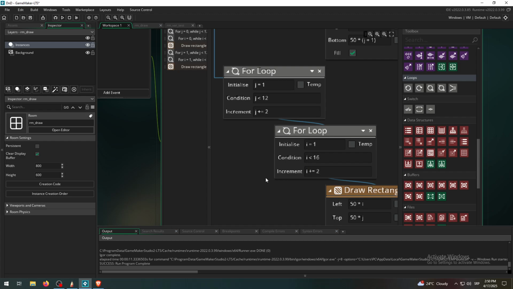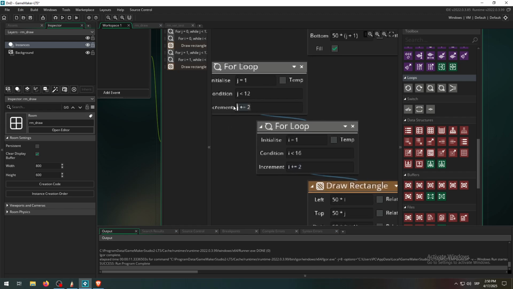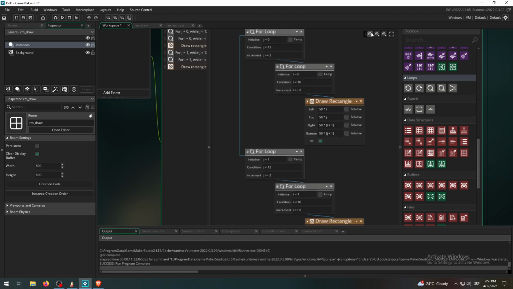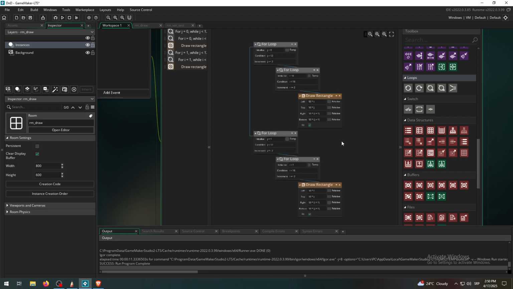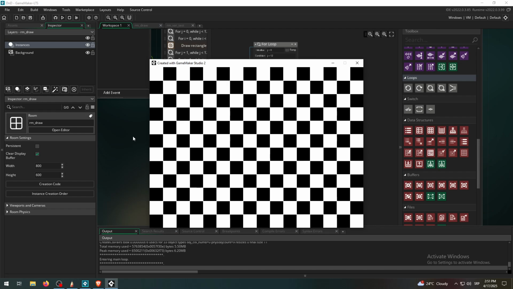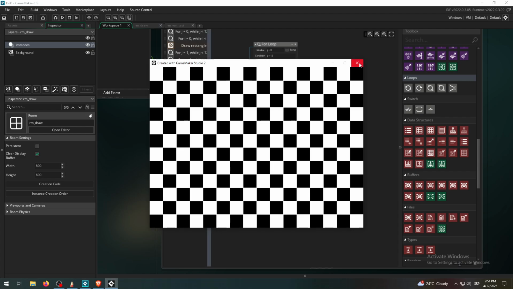J is 1, I is 1, and J goes from 1 to 12. I goes from 1 to 16. Plus 2, plus 2. I think everything else stays the same. Zoom out, so 6 blocks for a complete checkerboard. Yeah, great. I guess this is still confusing for most of you, but